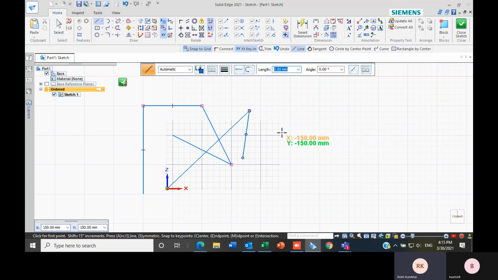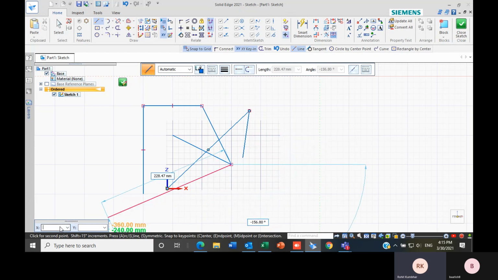As you can see here, previously it was showing readouts, but now it is showing only 150 mm, even if I try to move the cursor. While creating the line, my first point will be at a distance of 150 mm from the origin. I press left click, and here you can see the first point of my line was according to that.